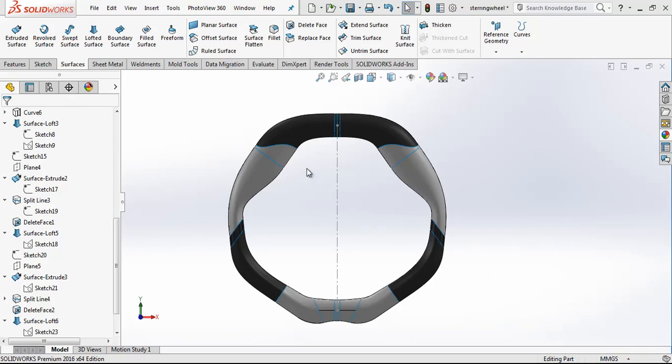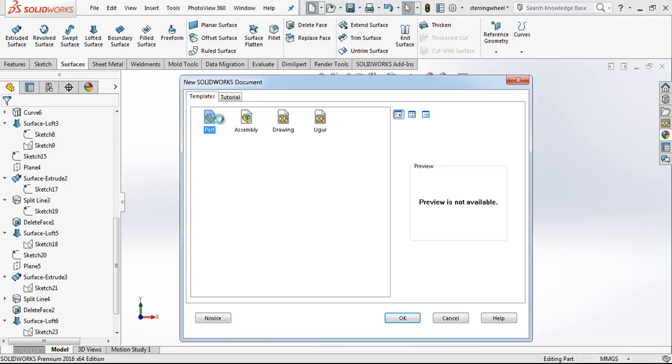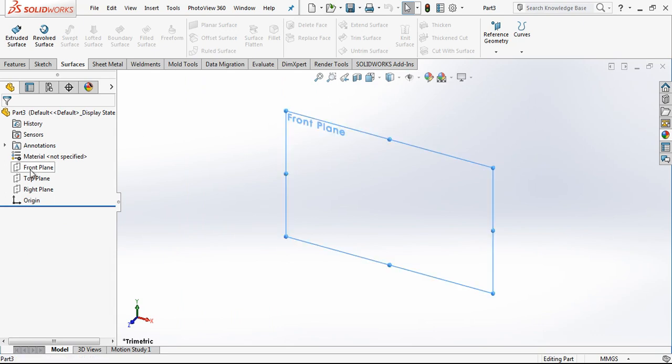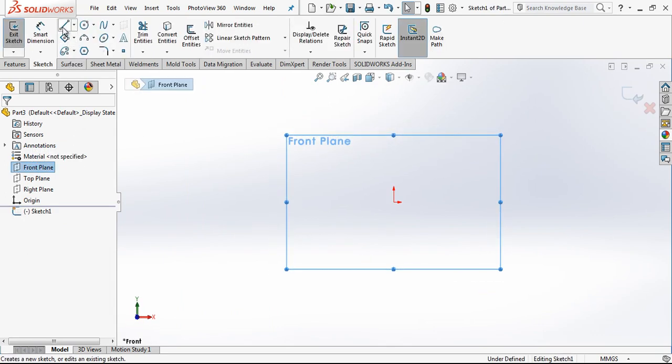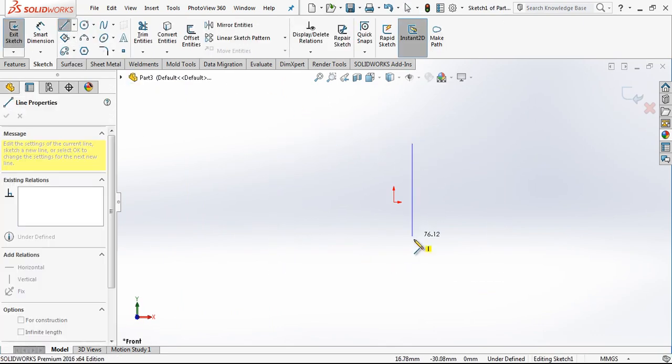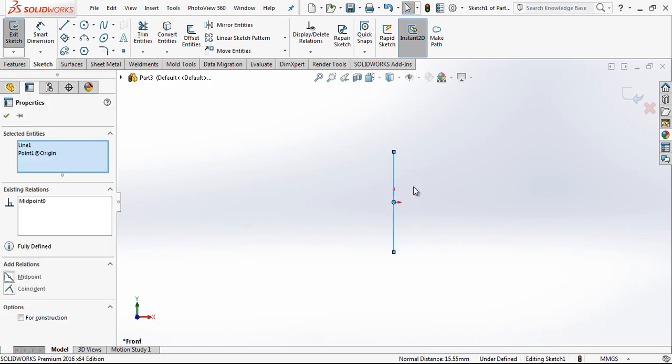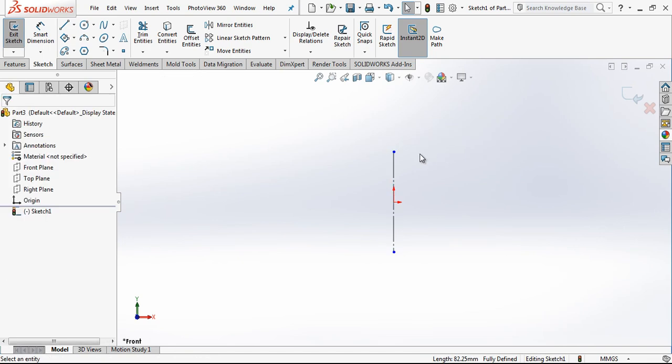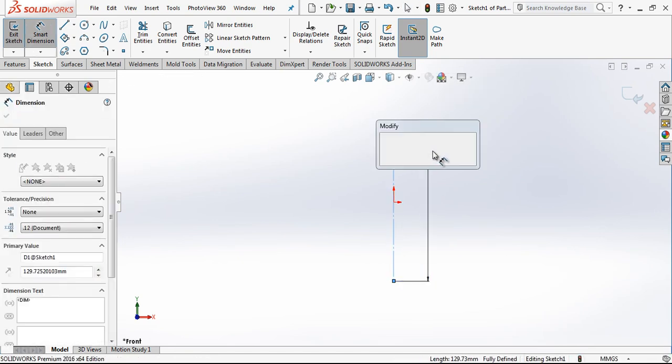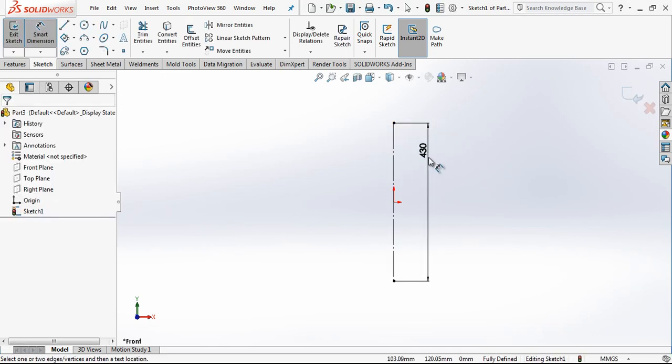In this video we are going to be modeling this steering wheel. Let's start. We open a part in front plane. The first thing we are going to do is create a line, and with the control button, point and line relation, I choose midpoint, and the dimension of this construction line will be